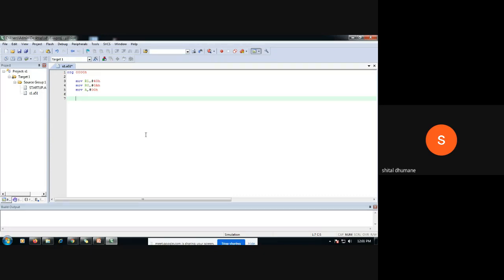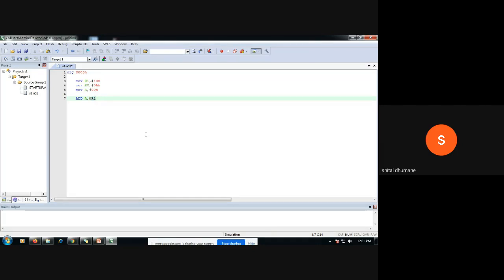You can use the direct ADD instruction. You can write ADD A, @R1, because the accumulator is 0.